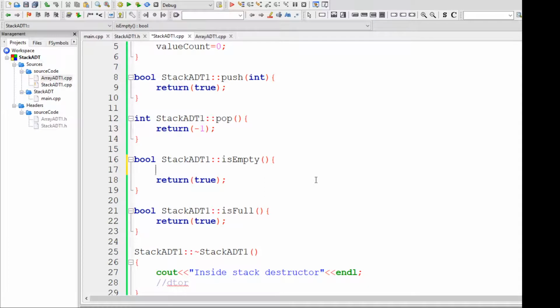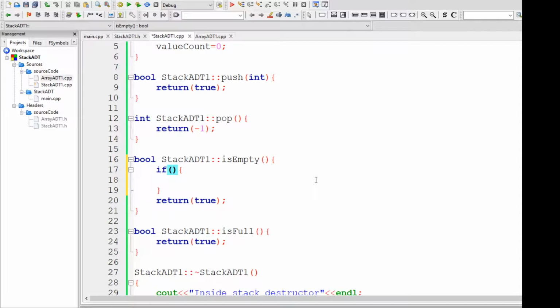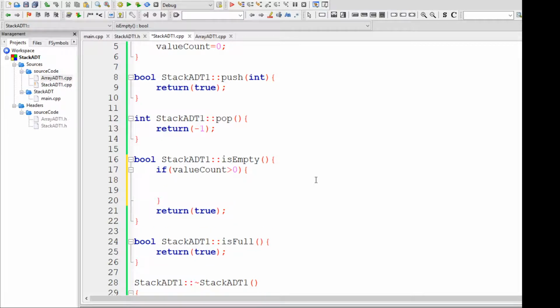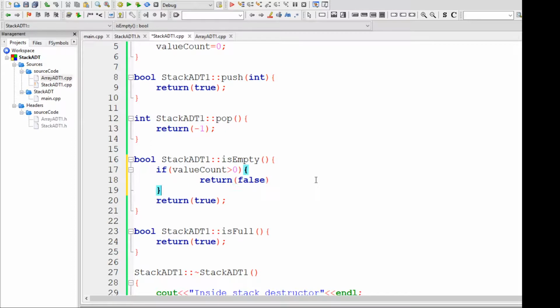So I will simply add: if this value count is equal to 0, or rather I'll say is greater than 0, I will return false. And otherwise I'll return true.